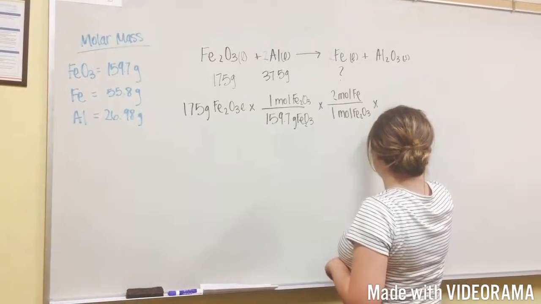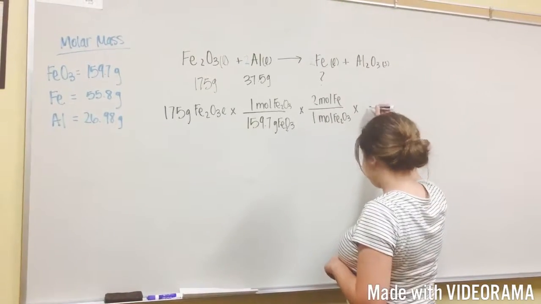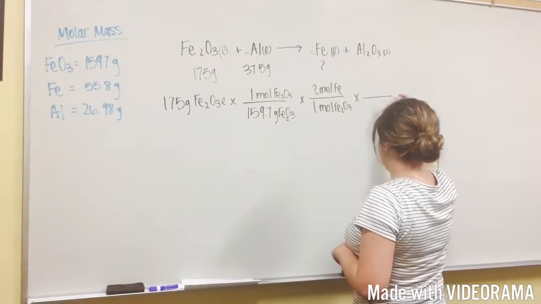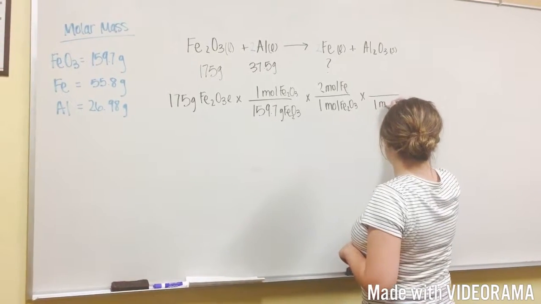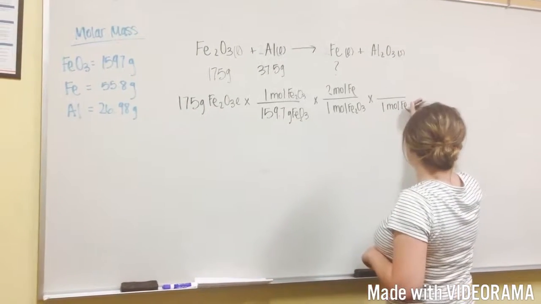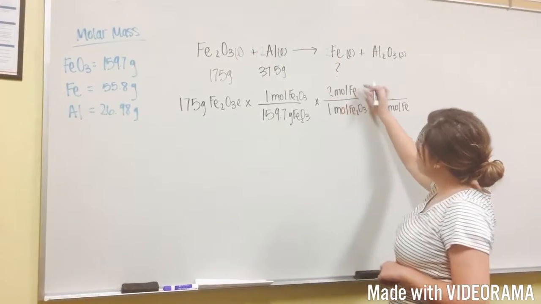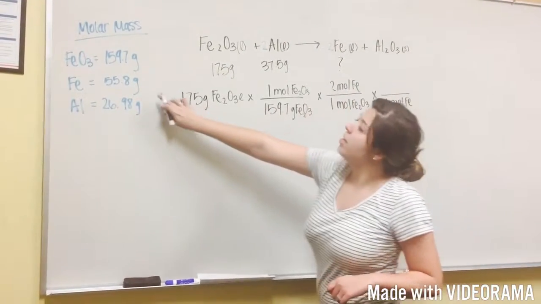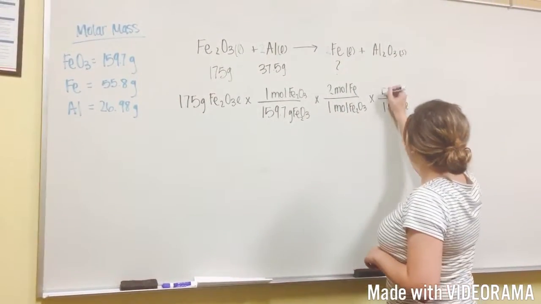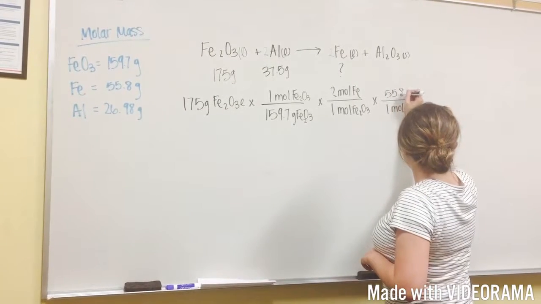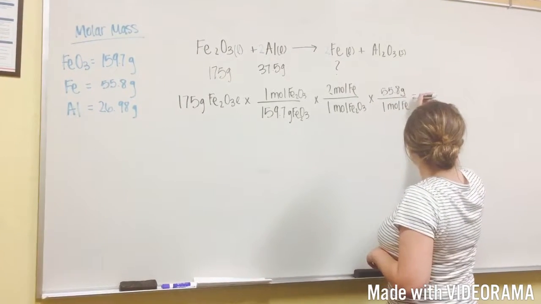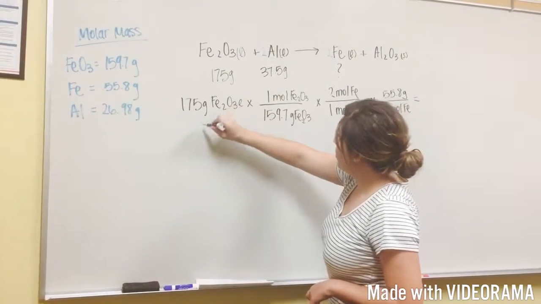And then we'll multiply that by the molar mass. So we want to find 1 mole of iron, and then we'll use the molar mass of iron, which is here, 55.8 grams. And so we'll see that these will cancel out,